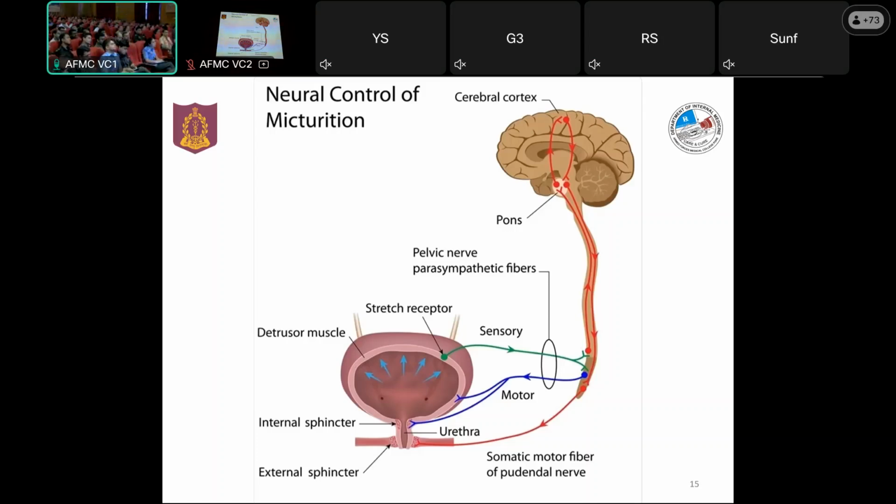Yes, in case of spinal shock, suppose you get acute transverse myelitis, or the patient gets, for example, a trauma here, a road traffic accident causing a trauma or a bullet injury. What will happen is in the initial few days or weeks, the patient will go into a spinal shock, and in that spinal shock, the bladder will behave just like a lower motor neuron bladder with a large volume. But over time, maybe a month or 2 months down the line, it will become a spastic bladder in the